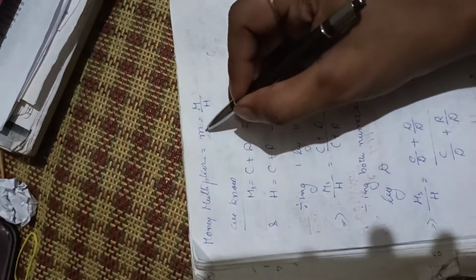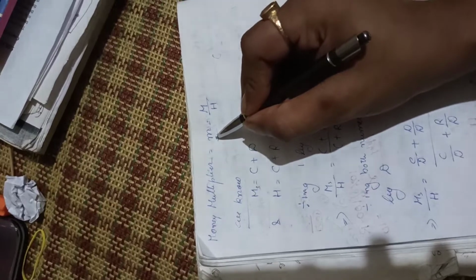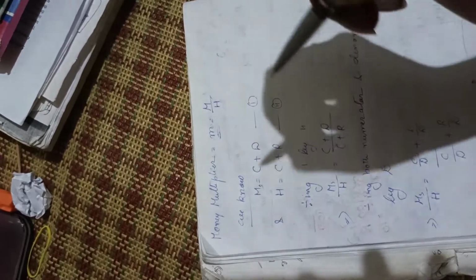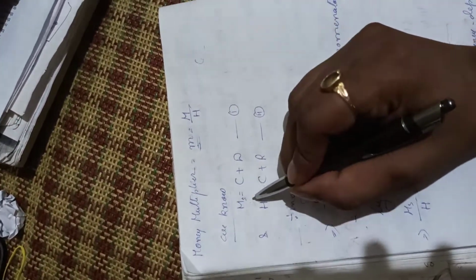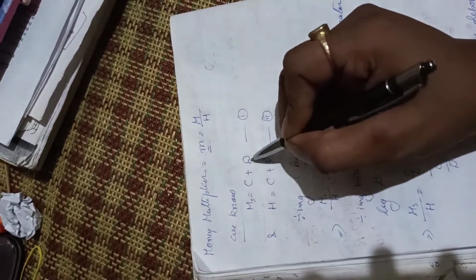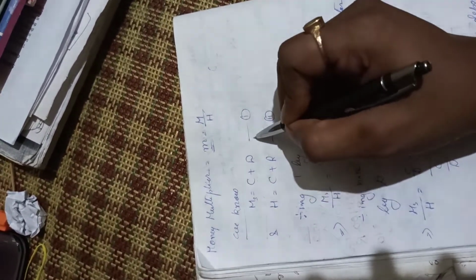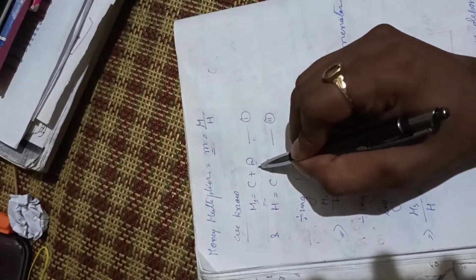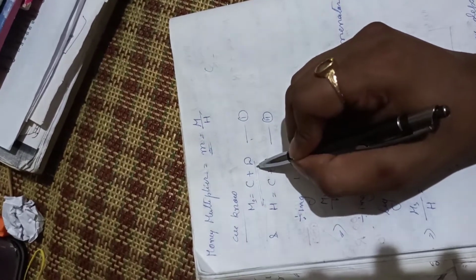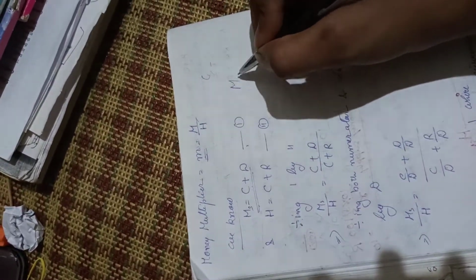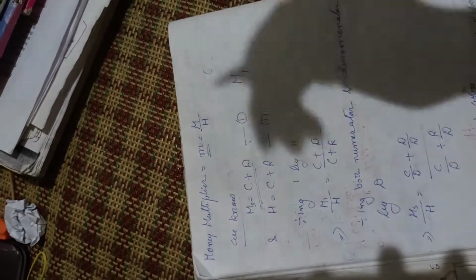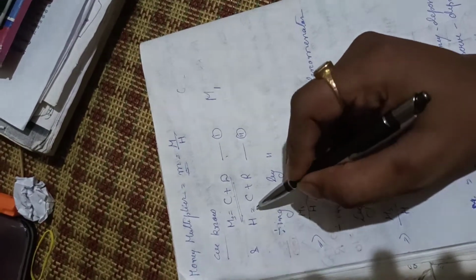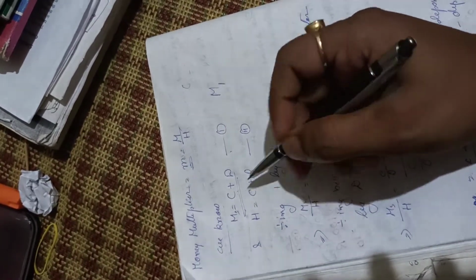What we have established till now is that money multiplier is basically shown by the ratio of money supply and high powered money, and money supply is defined as C plus D. That means currency with the public plus demand deposit. I hope that you remember, you have done this in your HS classes, and this is basically the definition of M1. Simple. Then we have high powered money, and high powered money is defined as currency with the public plus reserve. We have already done this on the last page.